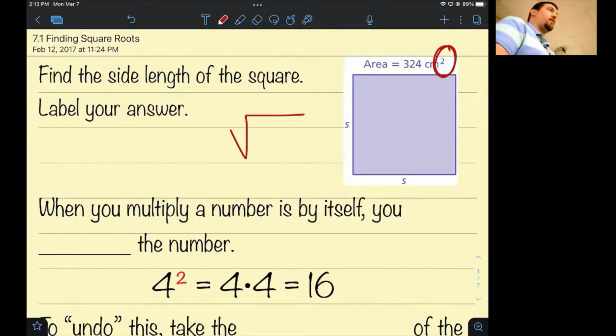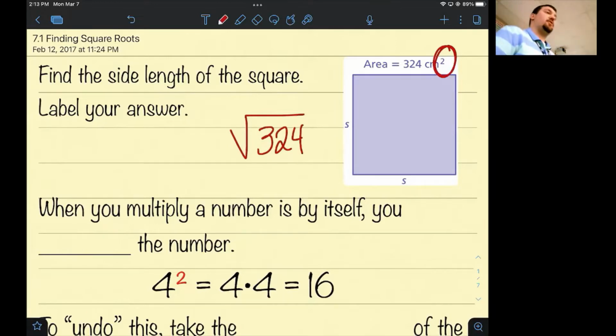So the square root button on our calculator, we should know where it's at. If you have a calculator like this one, you're gonna hit, oops, don't drop it, second function and then your x squared symbol. Some of you guys have calculators that have a square root button already. You don't need to hit the second function button. Can someone tell me what the square root of